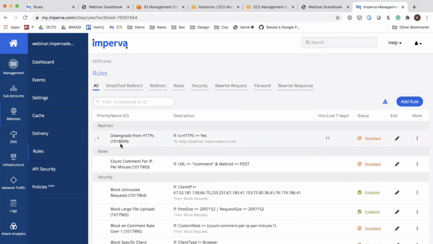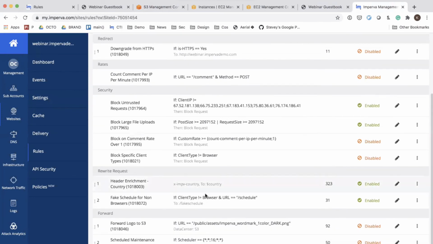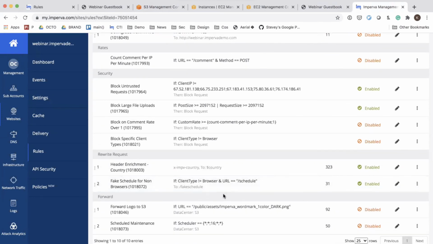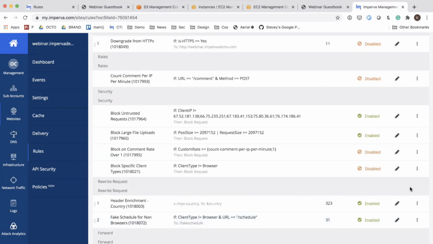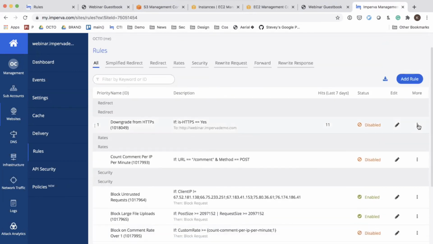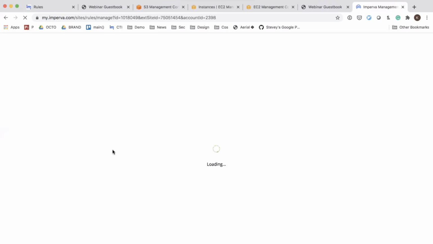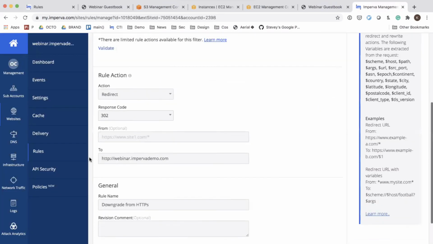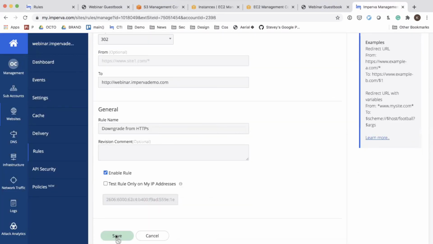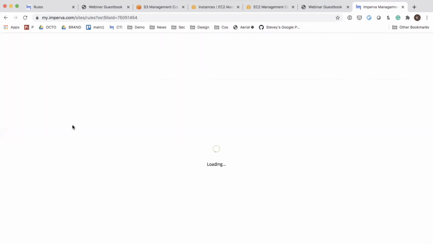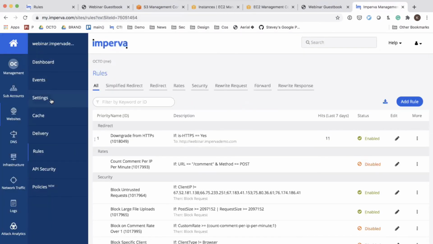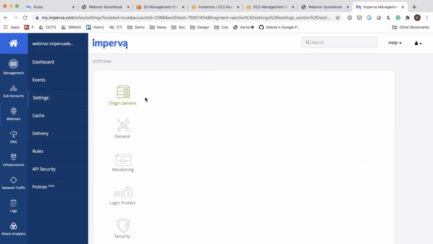Before I do that, let me just quickly enable these rules. I know we're pressed a little bit for time, but let me enable this rule, and I promise I'll walk you through how this rule actually works. I actually have to enable two rules, and I'll walk you through why we have to do that in just a moment. So let me go back in and enable this rule, just so it propagates in time. But let me walk you through a setting that we set up for this application.